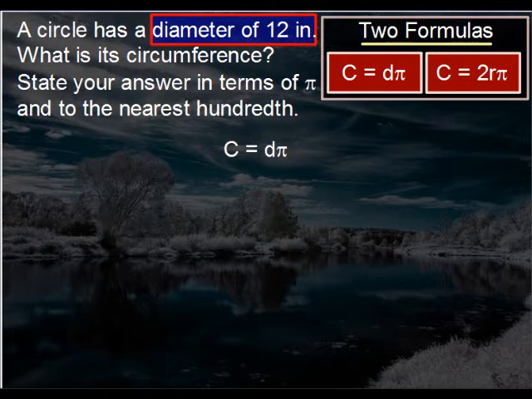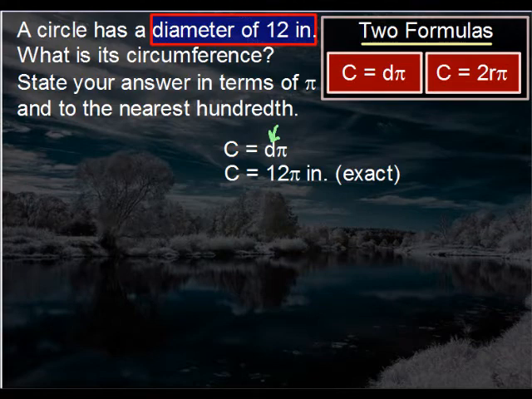Okay, so now that we know what formula to use, let's go ahead and plug in our information. We're told the diameter is 12, so we're going to plug in 12 right there. And that's it if you want the answer in terms of pi. We would call that an exact answer because we didn't have to round off the answer at all, and it is written in its simplest terms. However,